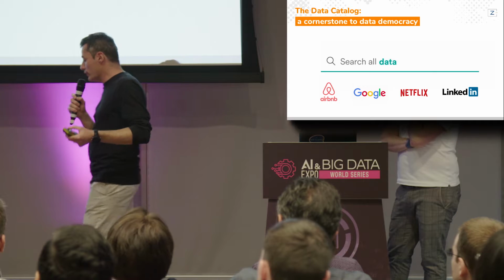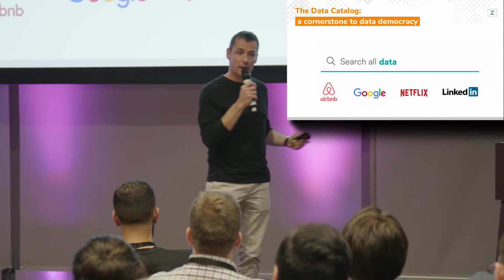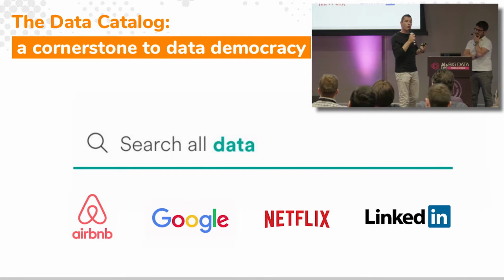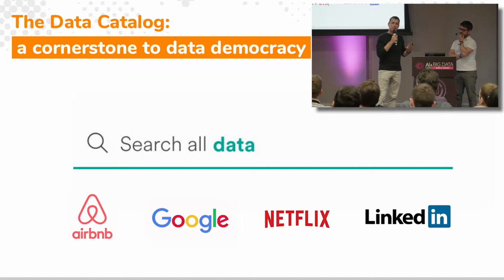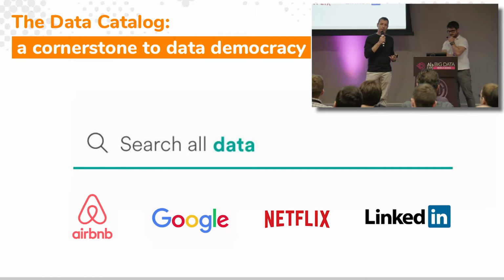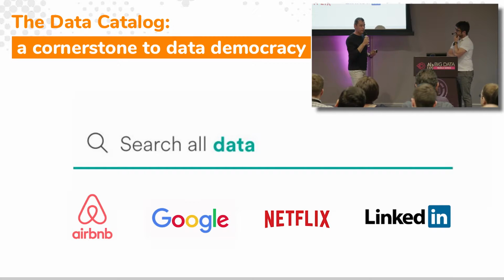But we know that some organizations manage to be data democracies. So we took a few big names. Of course, you know them. Those are all not so old companies, but they are not that new either. And they are all data democracies. They use data everywhere in their decision making. They use data everywhere in their products, in their innovation.